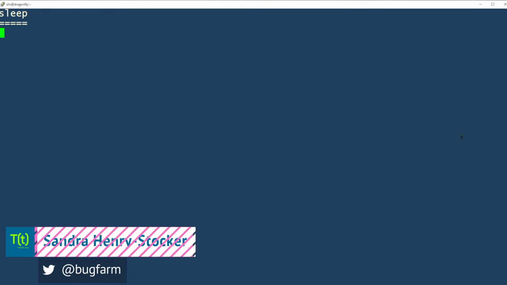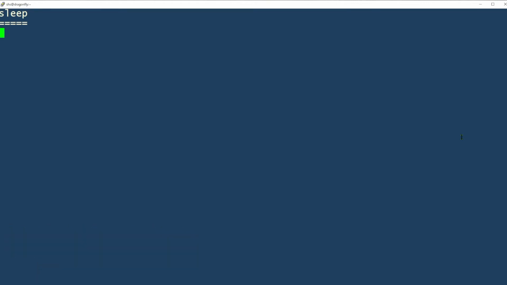In this Linux tip, we're going to look at the sleep command. The sleep command introduces a pause on the command line or in a script. So if I were to run a command like this, I have to wait 5 seconds for the word hello to show up on my screen, and there it is.